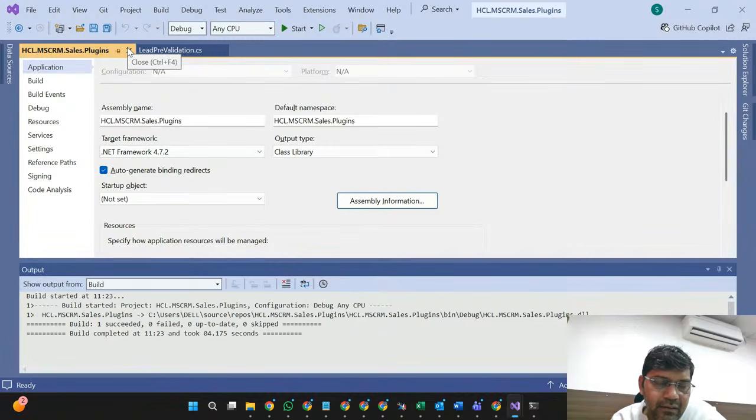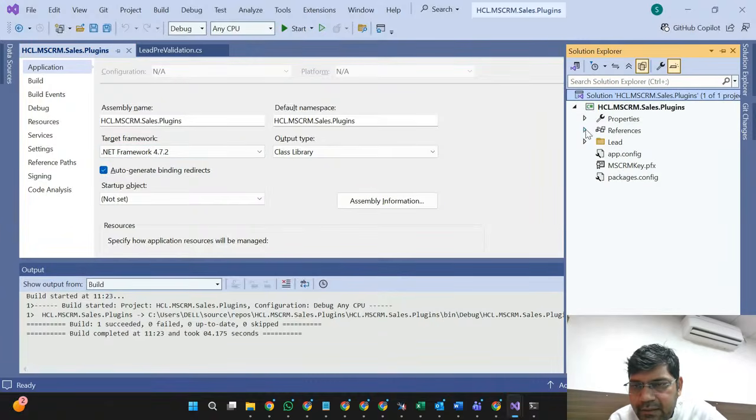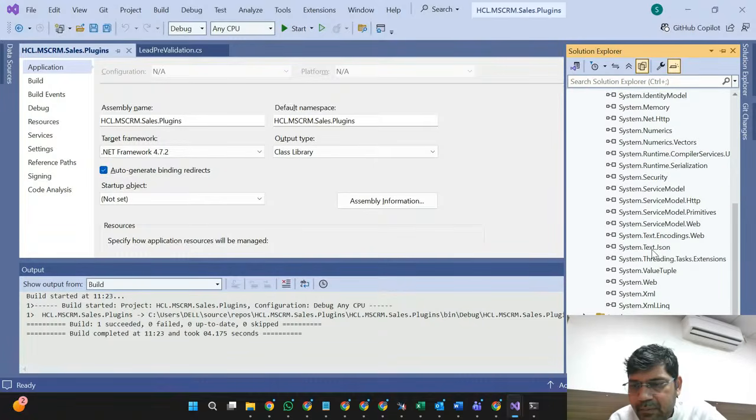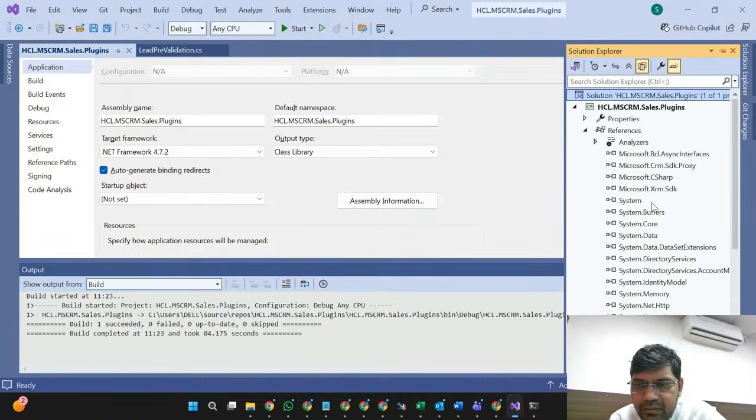Don't ask why we have changed this, because our Microsoft D365 or CRM library, whatever we have added recently, those CRM libraries depend on it. Our library should be compatible with this particular framework. That's why we change it.